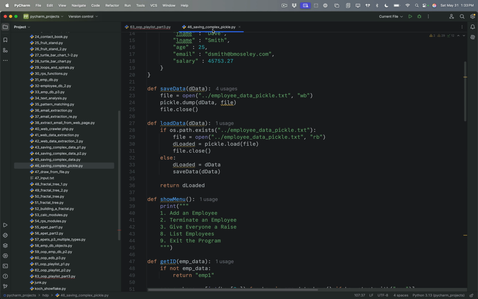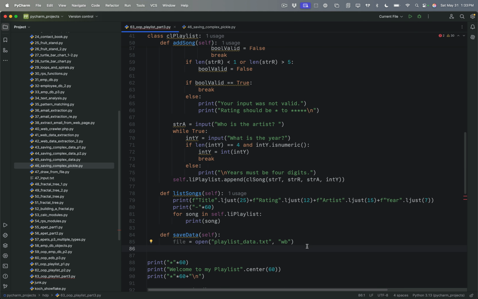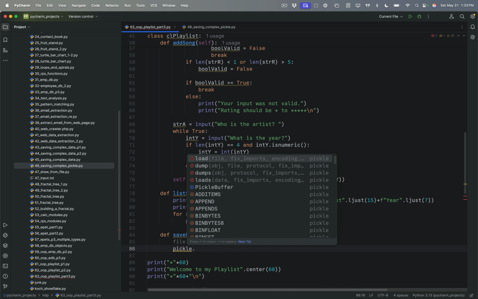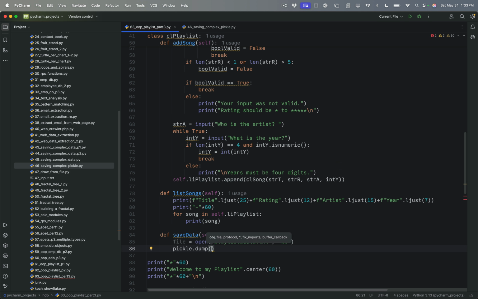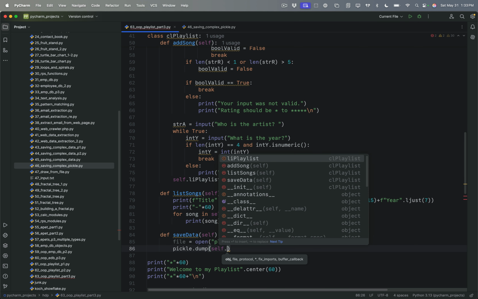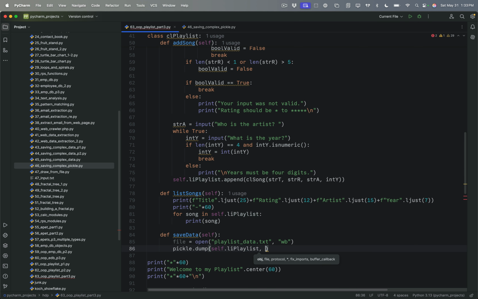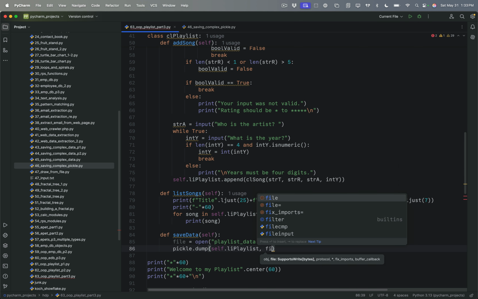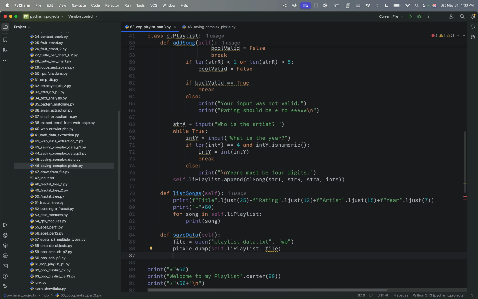If we look back at our method here, we're just putting the data into the file. So we've got pickle.dump, and then we're going to say self.li_playlist, and we're going to save it in the file. And then we're going to say file.close,